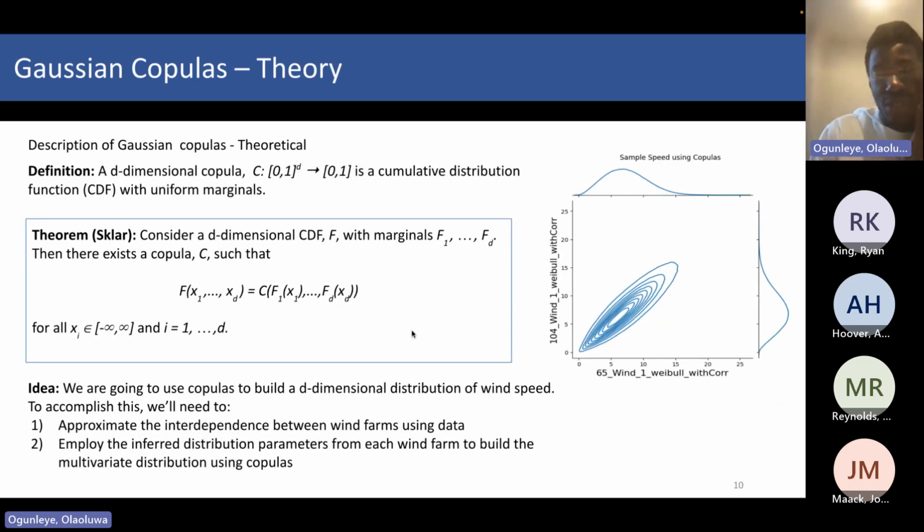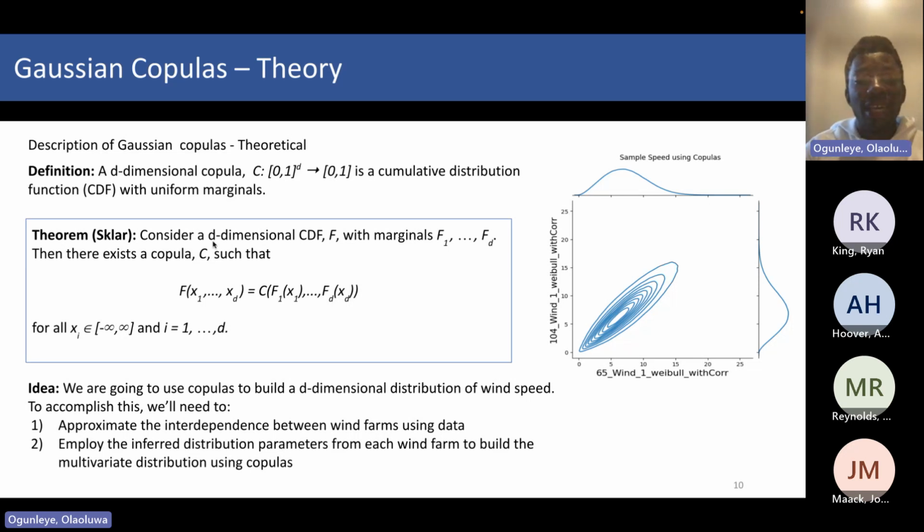So next up, we go to some theory of copulas. Essentially, a d-dimensional copula is simply a cumulative distribution function such that the marginals are uniform. And there's an important theorem which helps us guarantee the existence of a copula. It is Sklar's theorem, and it says that if you consider a d-dimensional cumulative distribution function F with respective marginals F1 to Fd, then we are sure that there exists a copula C, a coupling